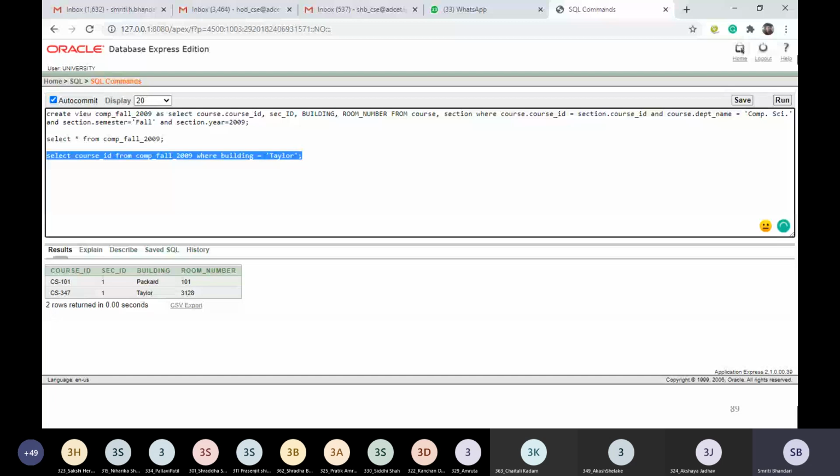Right? And if I execute this, I should get only this course ID 347. Right? And we are having that course ID in the result of this SQL statement.